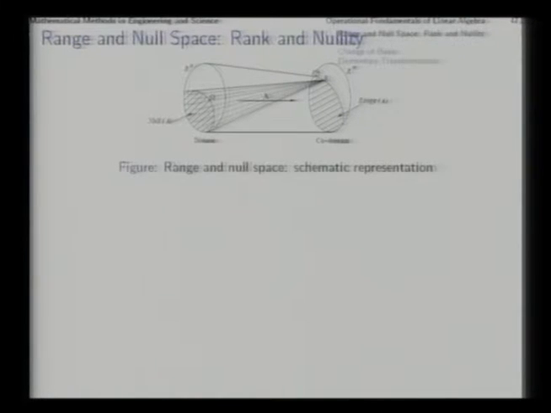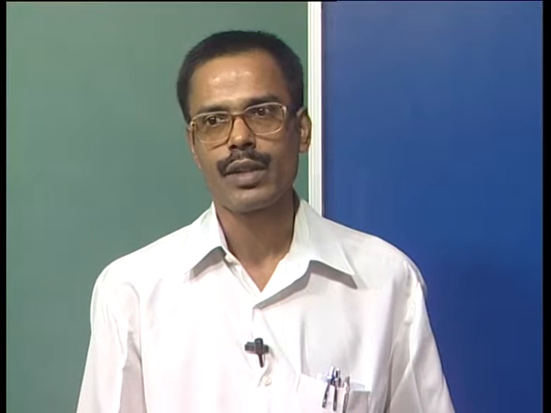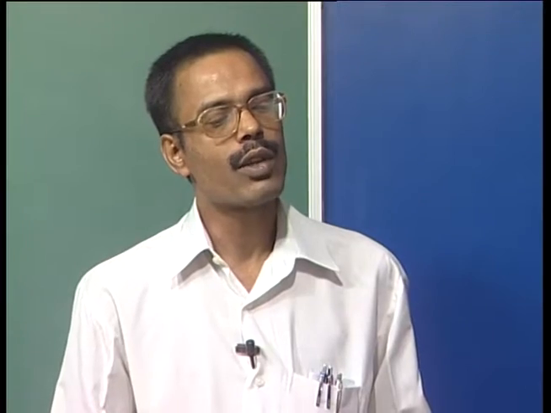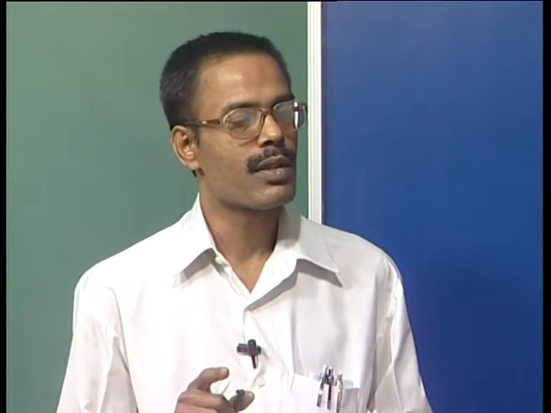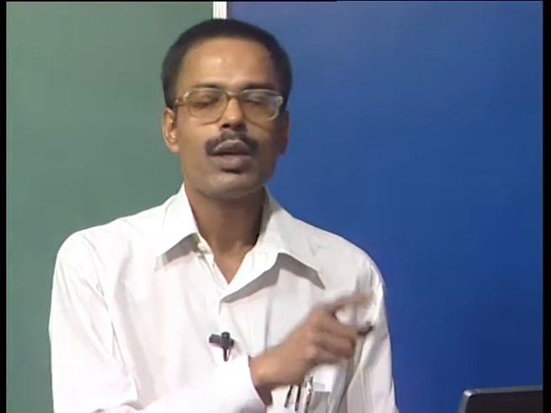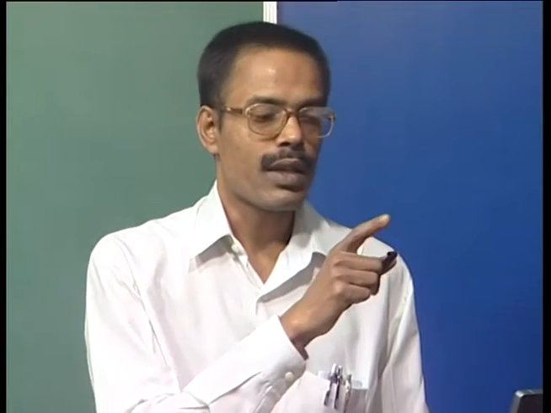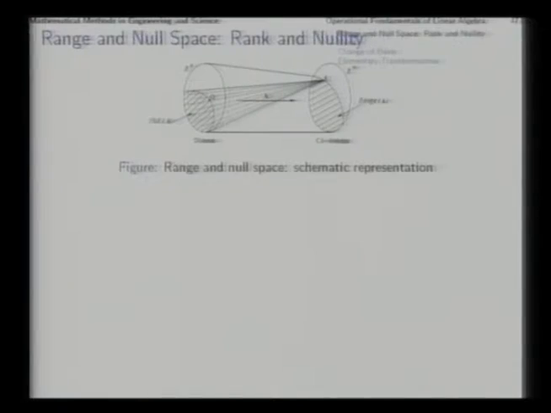Now, we introduce two more terms, two more definitions, that is rank and nullity. Before doing that, we need to ask what is the dimension of a vector space. Note that here we are talking about 4 vector spaces: the domain, codomain, the subspace of the domain which is a null space which is also a vector space, and the subspace of the codomain, that is the range space which is also a vector space.